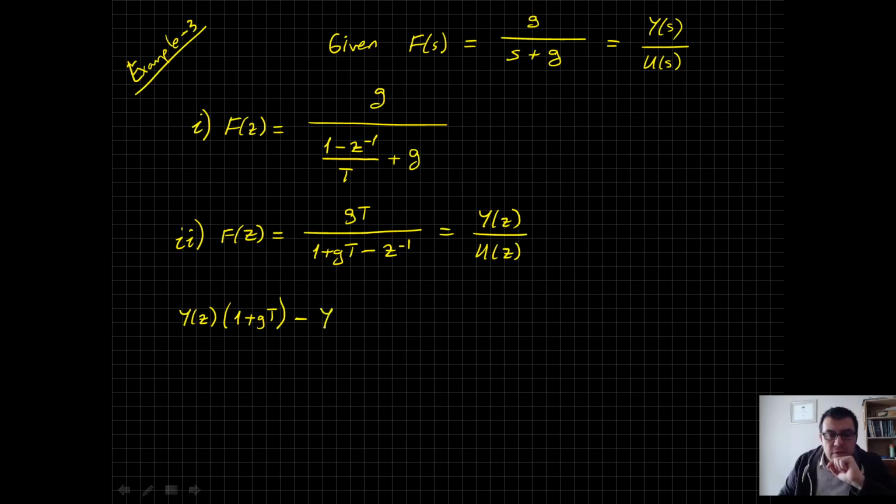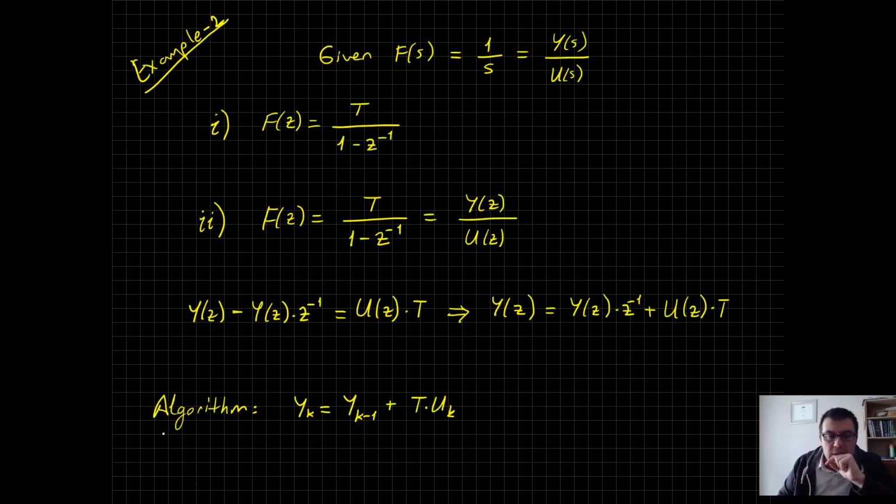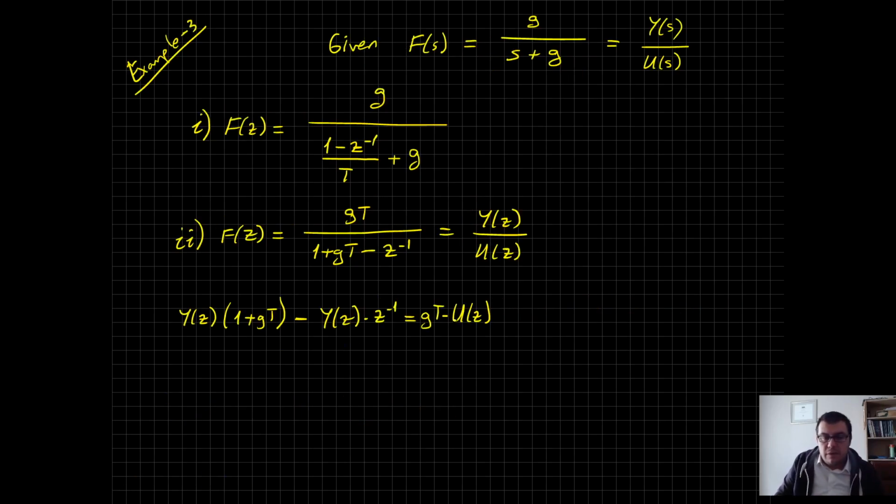So this is y of z times 1 plus gt minus z^-1 should be equal to gt times u of z, just like what we did here. And if we leave y of z alone here, y of z should be equal to 1 over gt plus 1 times